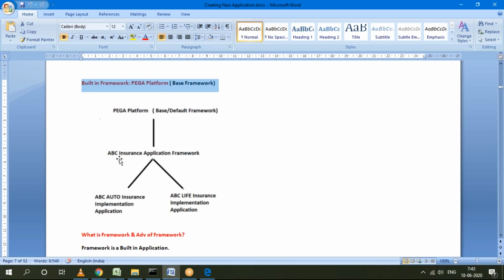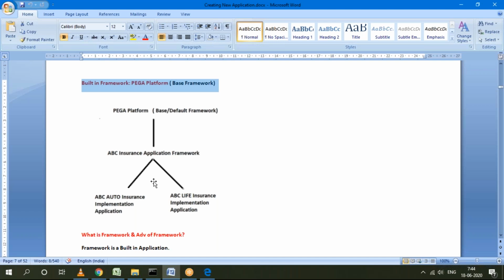What is the advantage of creating one more user-defined framework? Under this, you can add multiple implementation applications. If you don't create this layer, directly under the base framework you can define maximum only one implementation application per organization.